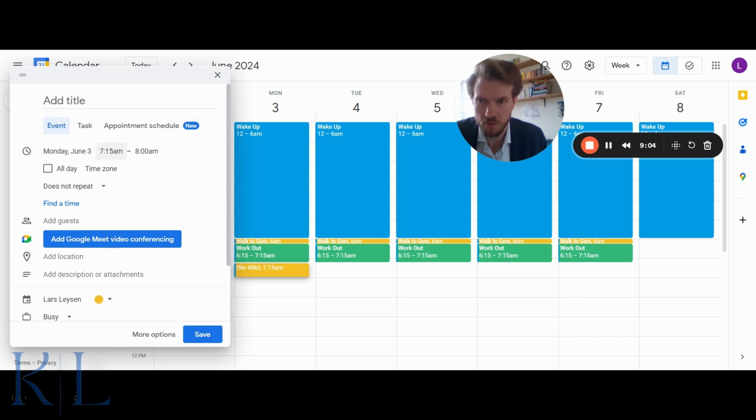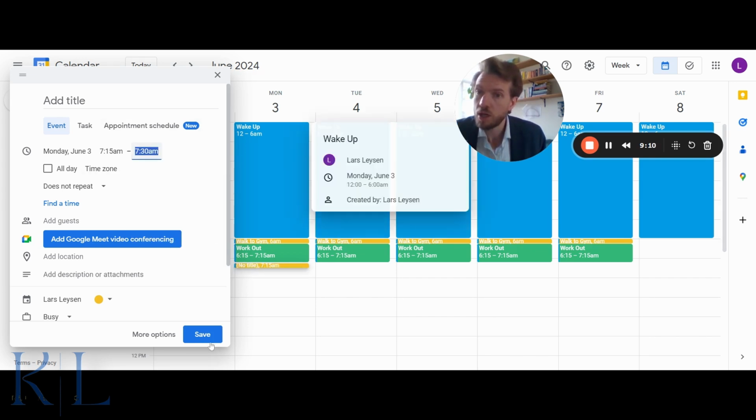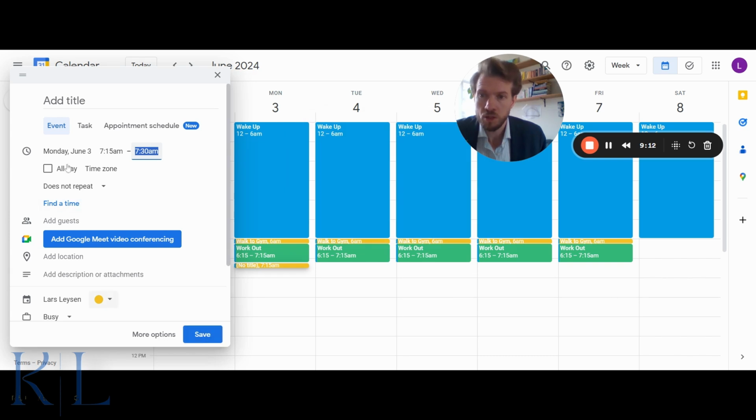First banana, because we actually still forgot to put in the walk time. Okay, walk home, save,